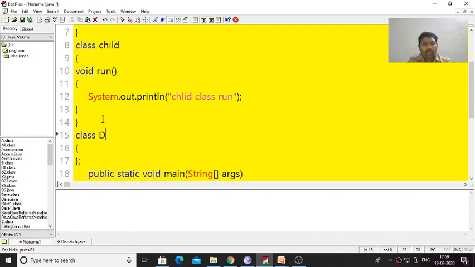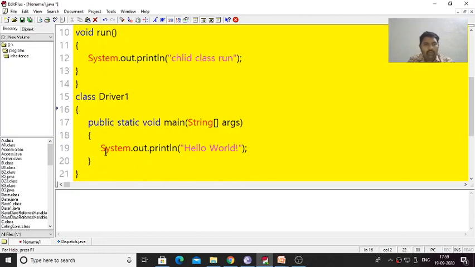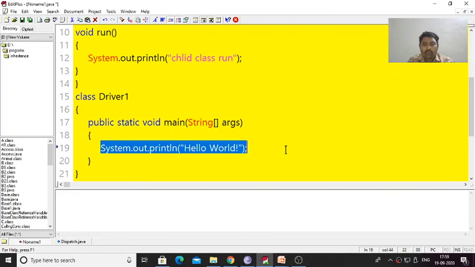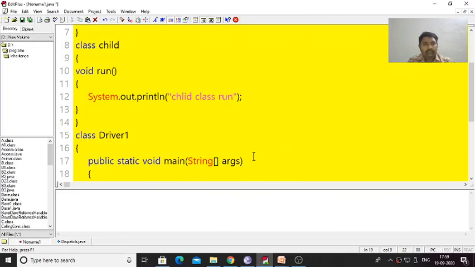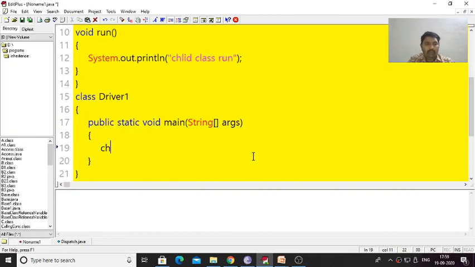Now we have our driver class code, class Driver1. Here we create the object for our child class: Child c1 = new Child(), and with the help of that we can call the run method of the child class.